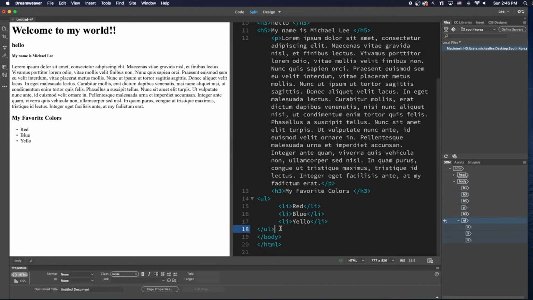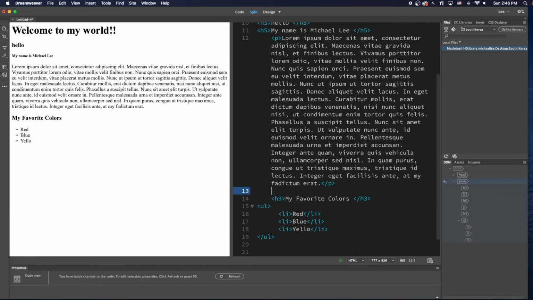The same thing goes for the unordered list. I'm going to hit the return twice because I want to separate this; it's easier to read. For example, over here, you can hit the return key. So you can see this is the end of a paragraph here, and then there's my H3. Now, what I am going to do is here,